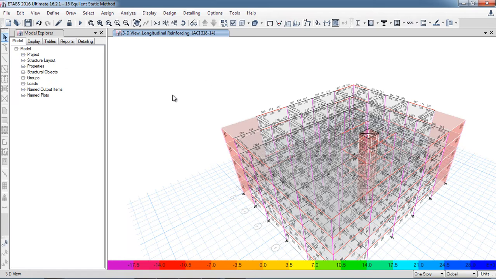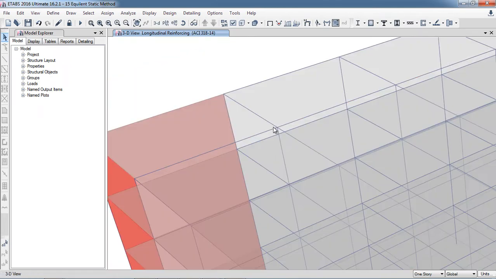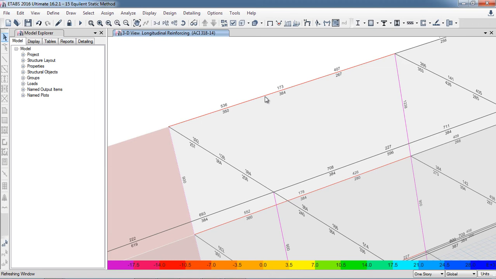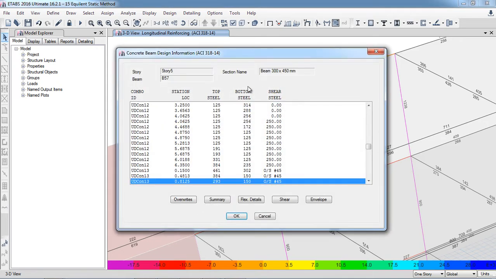Okay, now the design is complete. The longitudinal reinforcement is appearing on the beams. Okay, so before checking, for example, here in the beam there are 3 locations where top and bottom reinforcement is appearing. So here that is in square millimeters. Okay, for example you will right click, that is top steel, bottom steel and shear steel. Okay, and this beam is going to fail in shear,